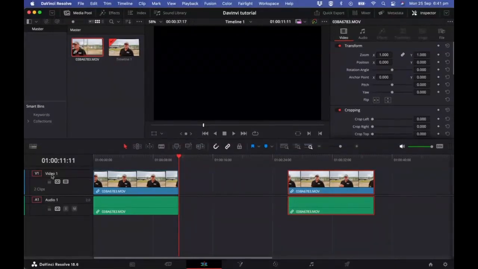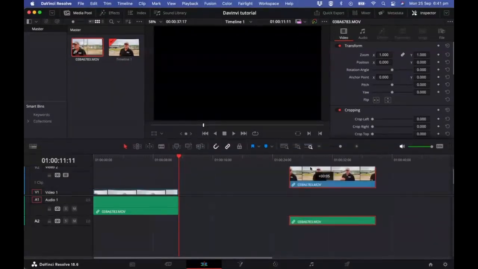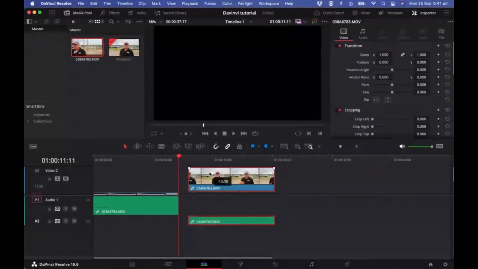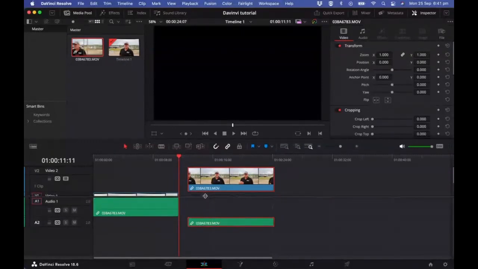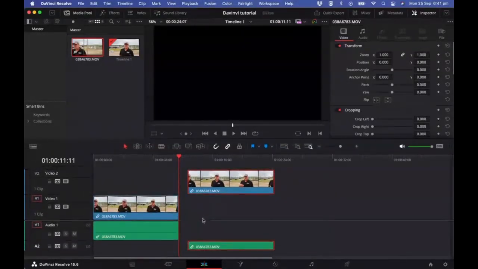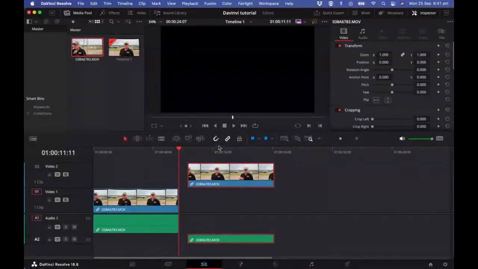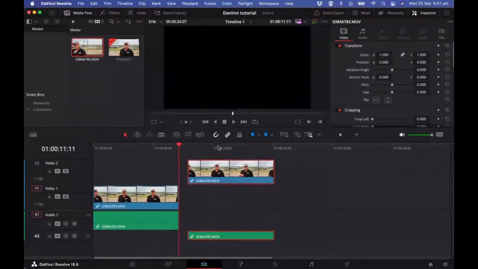Now, the other thing too is, see, I've only got one video channel and one audio channel. I can move this up into the next video frame above it. Now you can see I've got video 2 here. So let's move this down a bit. So you can see I can manipulate the screens quite easily, to suit me. And you'll notice when you watch the Adobe Premiere Pro tutorial, I do the same thing there as well. I move stuff around. So now I've got a video file here, which is video 2, and I've got video